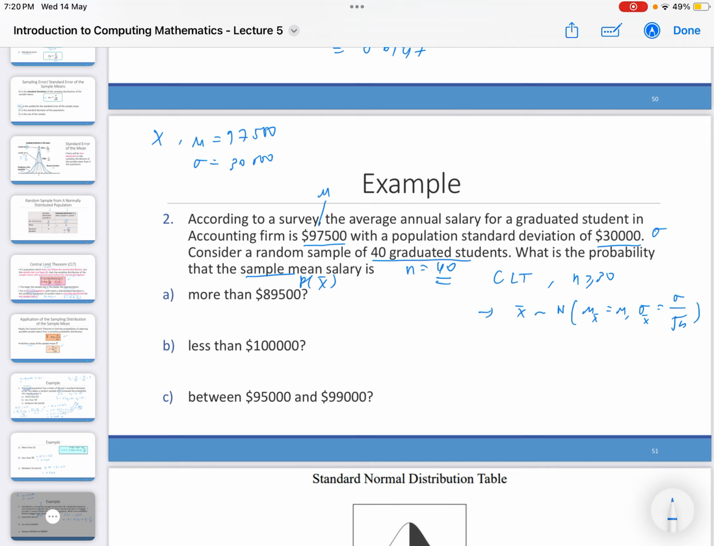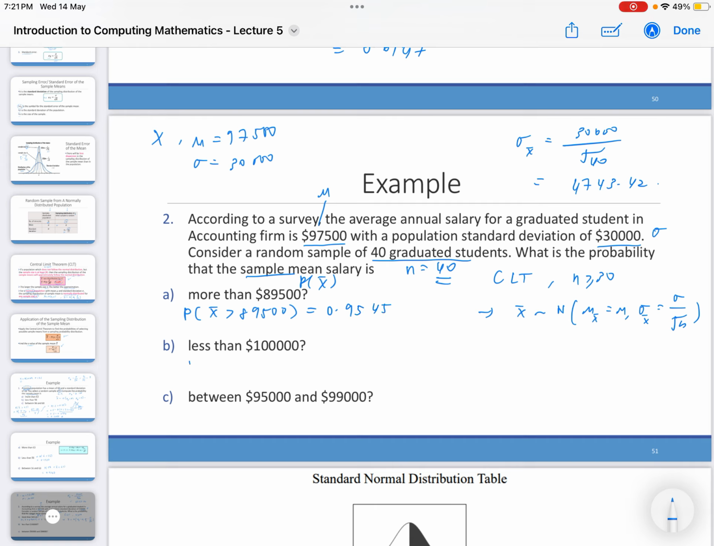For here, the mean is the same, and the standard deviation will be 30,000 divided by square root 40, which equals 4743.42. Basically, we want to find the probability of the sample mean x bar greater than 89,500. I just give the final answer so you can try this one. The final answer here is